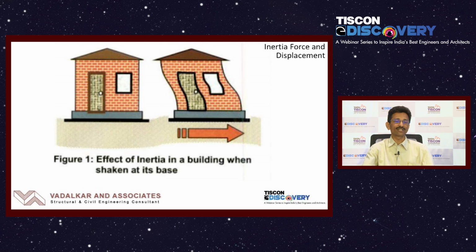Otherwise, the structure is subjected to only gravity loads, the vertical loads, we call them. But during the earthquake, in addition to that, the structure is subjected to a horizontal force generated by the earthquake event. And if you don't design the structure for this type of accidental load, then there is devastating damage. That is what was observed during all the previous earthquakes.